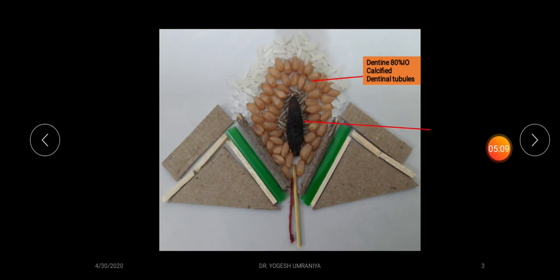And you can see at the peripheral aspect of this pulp cavity the columnar cells, that are known as odontoblasts, they are giving rise to the formation of this dentin layer of the tooth. And you can see this layer proximal to the odontoblast is referred to as the predentin. That is less mineralized dentin, referred to as the predentin layer, and outer to that is the mature dentin layer.